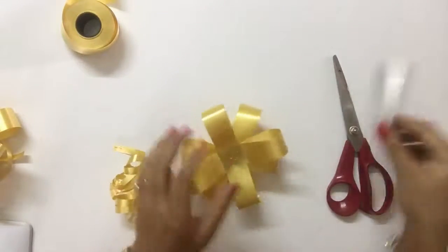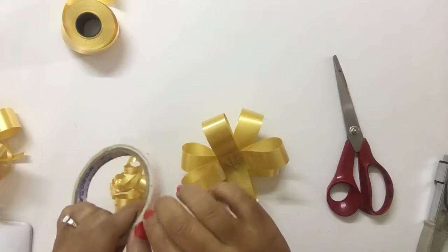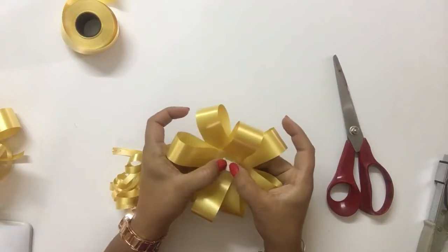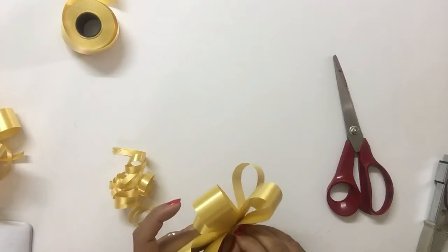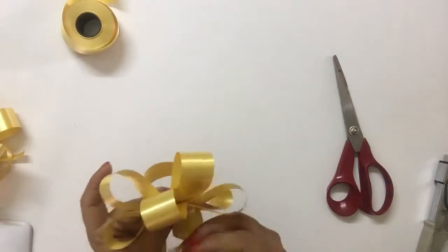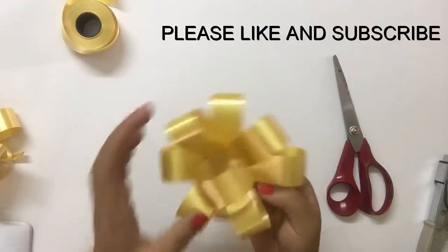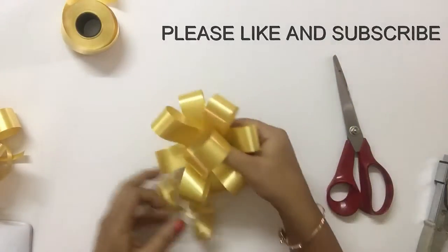Now we put a tiny little double-sided tape at the back of the ribbon. We put this adhered end on the tape and we get a nice little